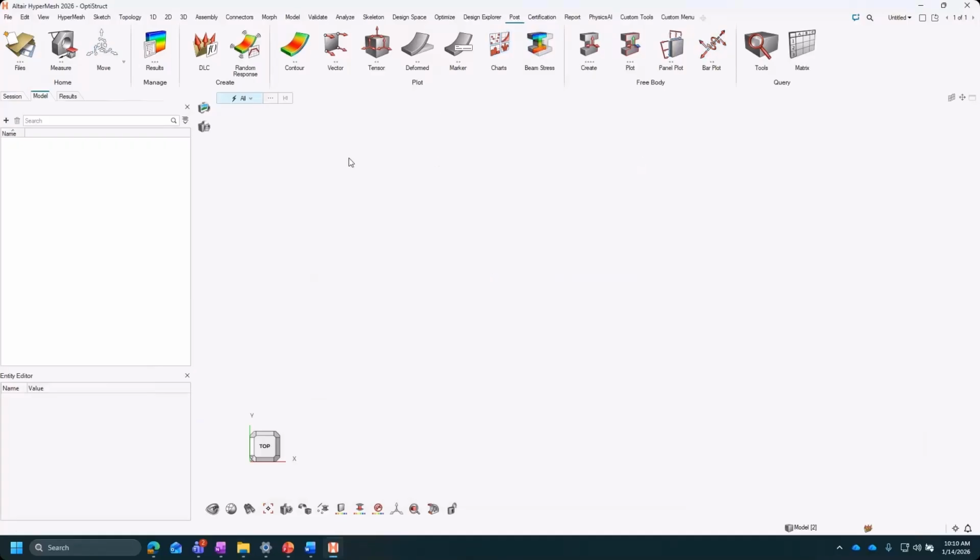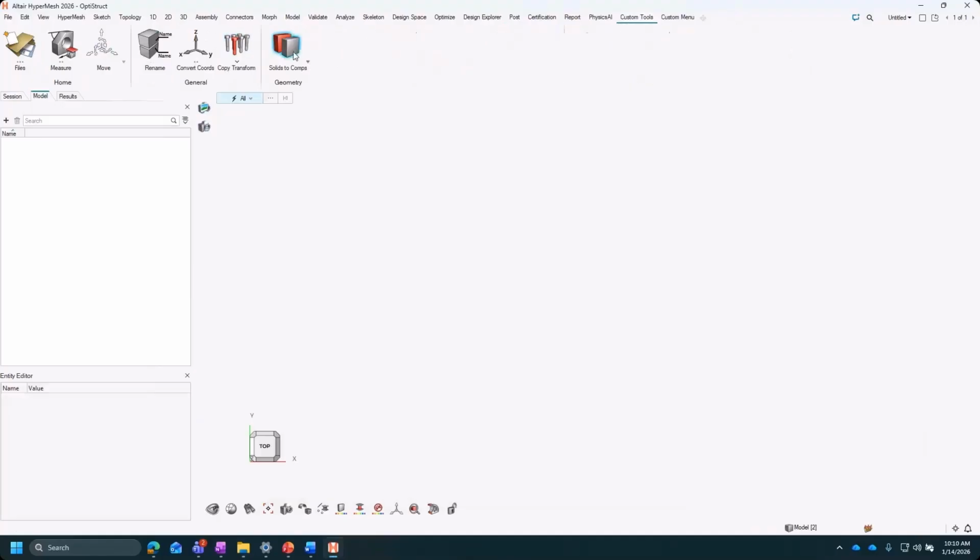These are the different types of extensions you can have: a toolbar, a ribbon, and drop downs. All of these, including the naming, the grouping, even the icons, and what each of them does, can be customized by you.